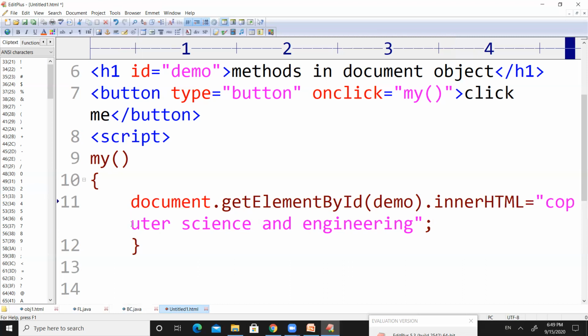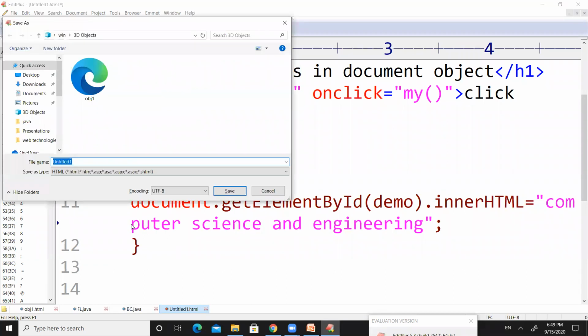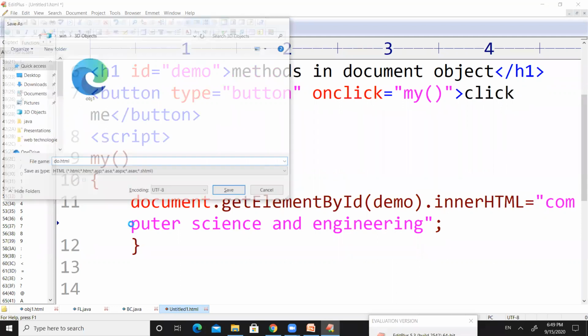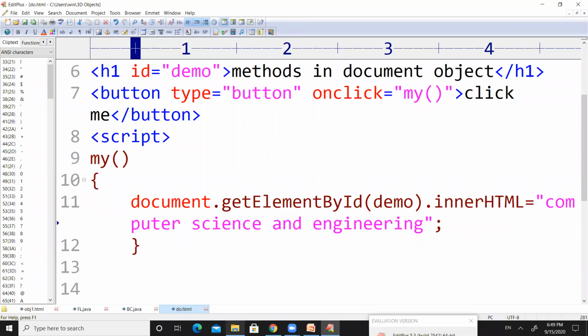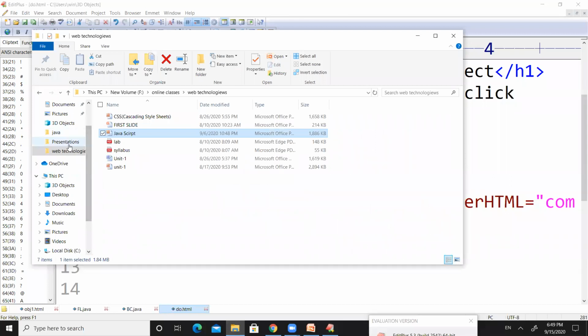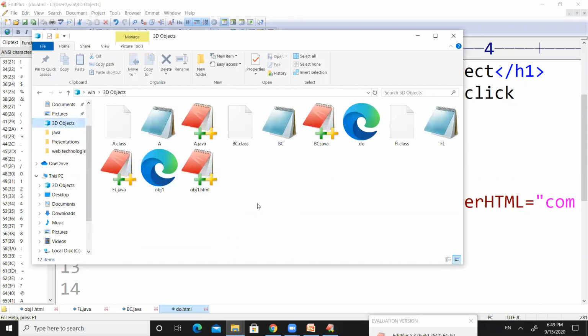So let us save this code with do.html, right? Save this code with do.html, and now move to the do.html and just open this one.